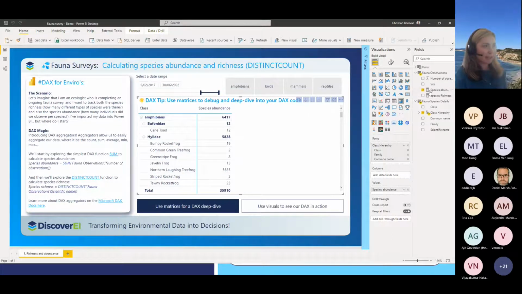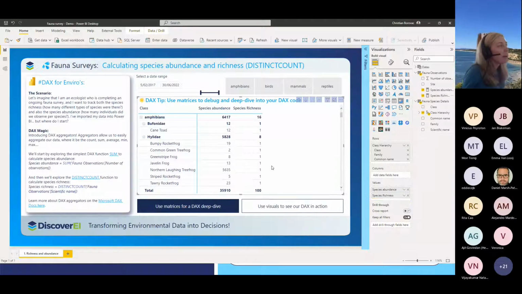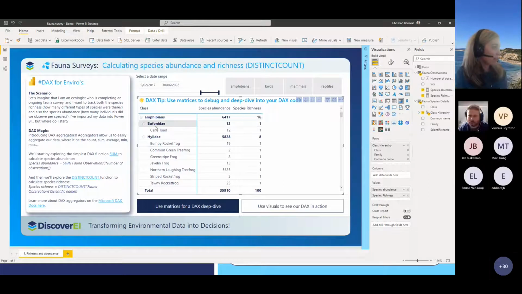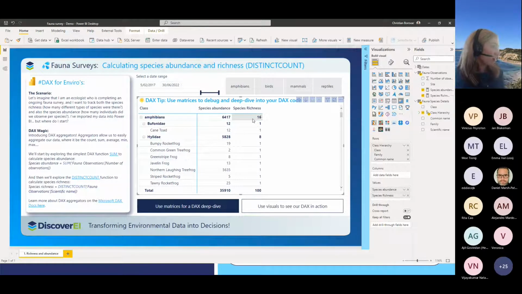If we bring this into our matrix visual again, just to compare, we can see that there are 16 different types of amphibians recorded over these surveys. At the lowest level, we only ever have a species richness of 1 for each individual species, because this is the lowest grain of my table.